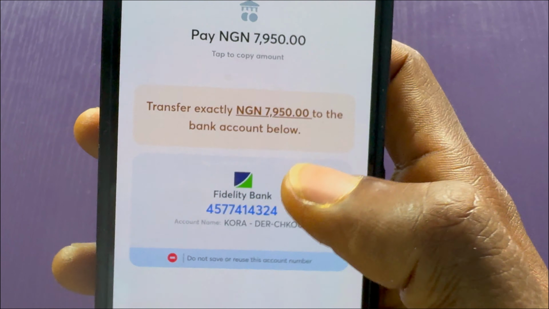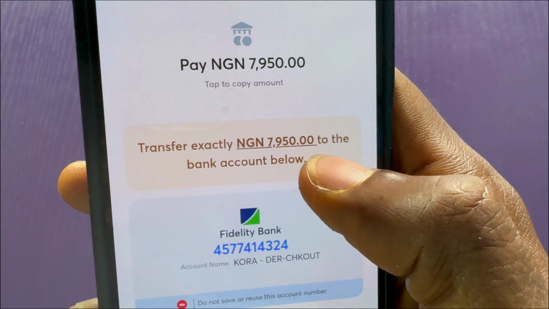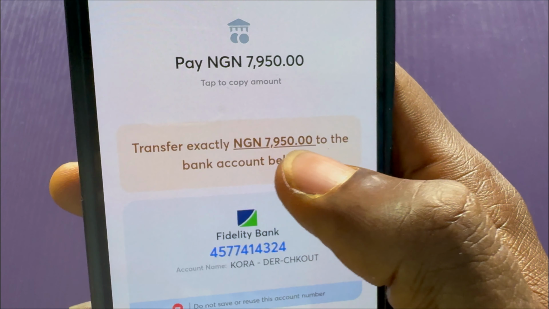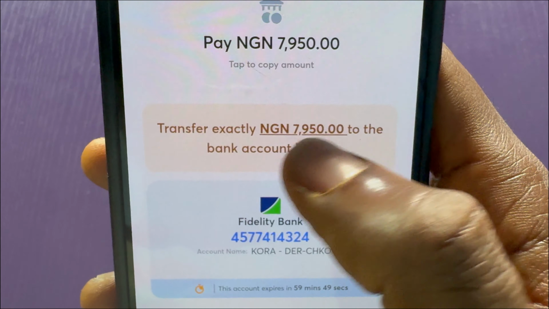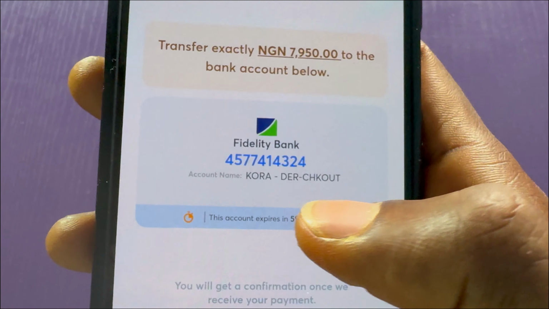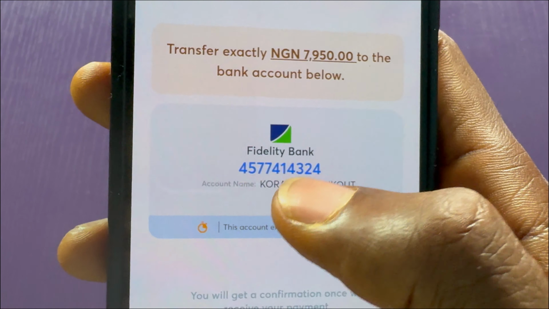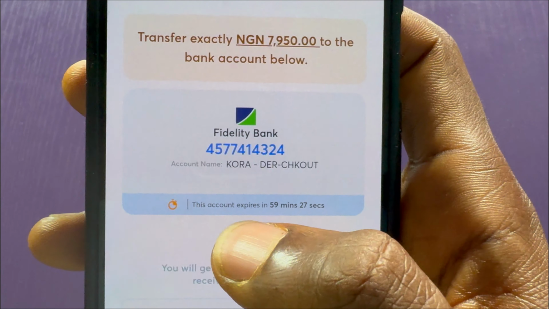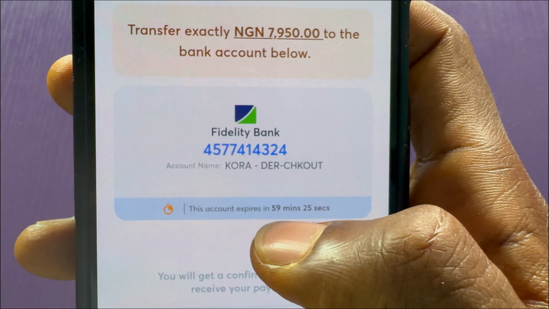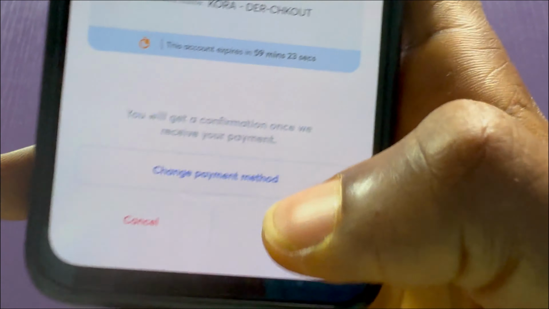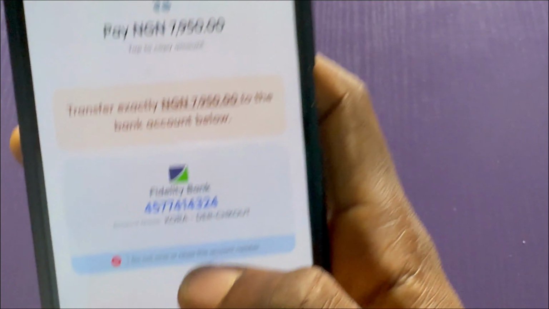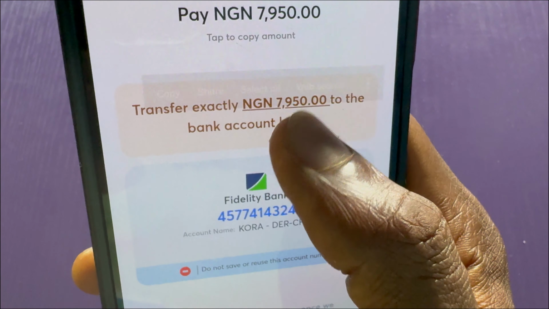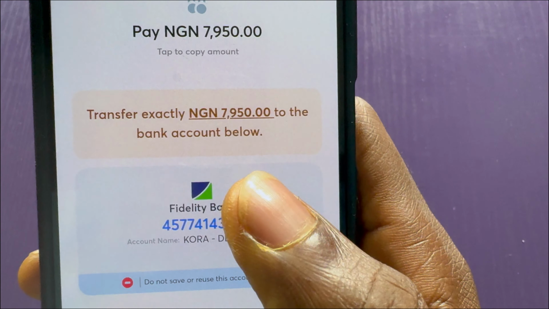So in the next page they have given me the account that I will send 7,950 to. As it says, transfer exactly 7,950 to the bank account below. So here it says Fidelity Bank and this is the account number. As it says here, the account expires in 59 minutes 25 seconds. So you will get a confirmation once we receive your payment. So that is it. I'll have to send this amount to this bank account and the deposit will appear